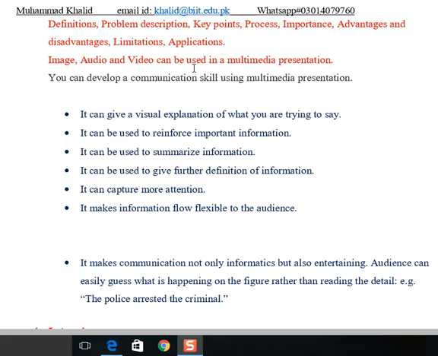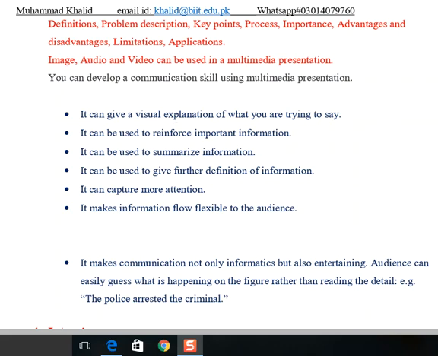Clear? In a multimedia presentation, one has to prepare the content according to the subject matter one is going to deliver. Select very key points, select very key diagrams, place them properly, set a proper background. Clear? That should be adjustable with the lights and all that. These are the marginal points.